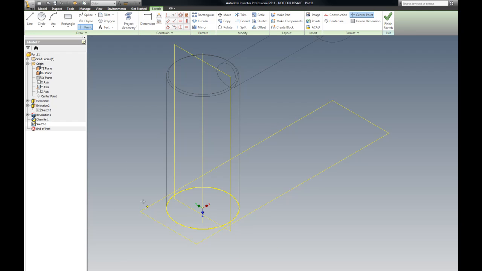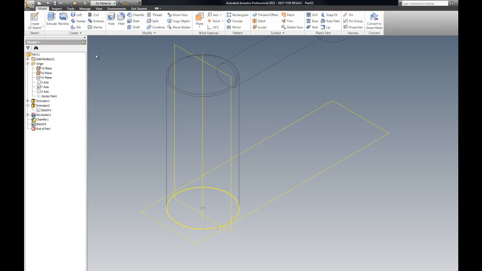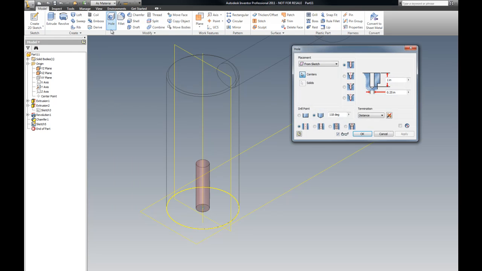I'm going to pick a point because this time I want to drill a hole. I'm not going to just make a hole. I'm going to actually drill a hole. Okay. Escape, right click, finish sketch. Okay. Hole. It's going to find that point for me. Okay. It needs to be a half an inch. 0.5. Okay. And I want it to go up and 118, and I want it to go a distance of